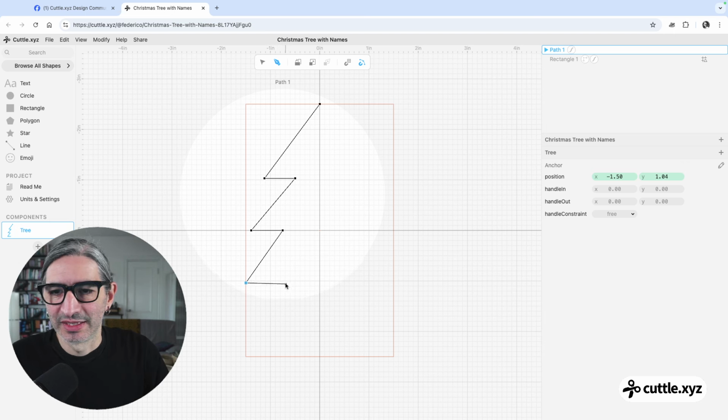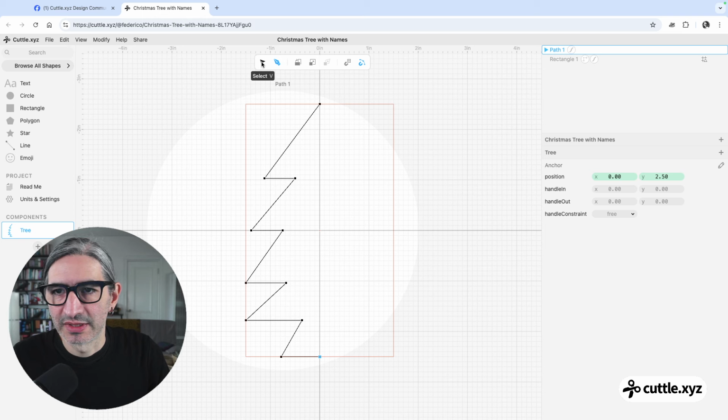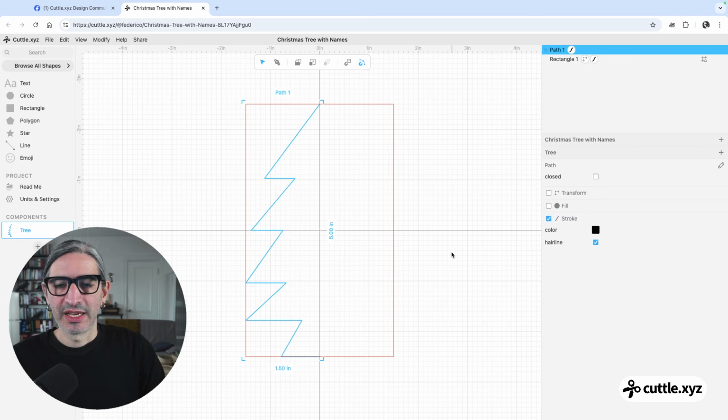Then I'm going to click to add another one, and I probably want to finish it with some sort of trunk. I don't know, I want 3 or 4, but anyway, let's start with that. Then I'm going to finish it here, and to finish this, I can just click here. I only drew half of the tree,